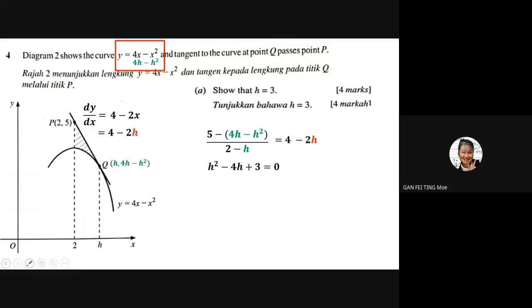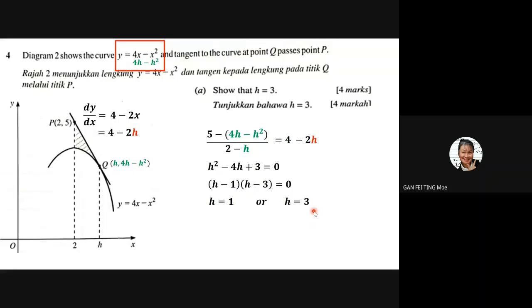So cross multiply, rearranging. I'm not going to guide you for cross multiplying. Cross multiplying is very simple. And then you group the like terms, then you will get a quadratic equation. When you are here, get your calculator very fast and then factorize it, okay? Then you will get this. Your H value will be 1 or your H value will be 3. So I would like to choose,